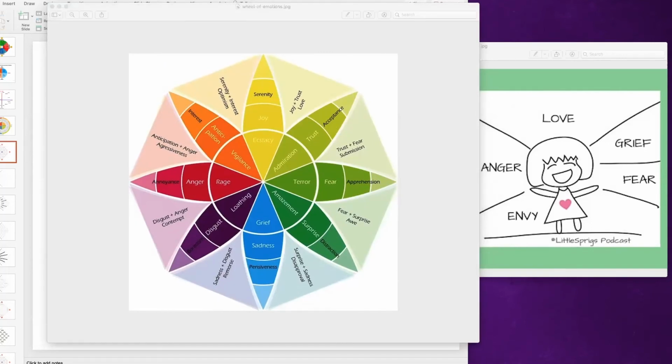But this was the first one I found that offered any sort of continuum. They have these 8 different emotions: joy, trust, fear, surprise, sadness, disgust, anger, and anticipation. Again, I don't know that that feels complete to me, but all right then.